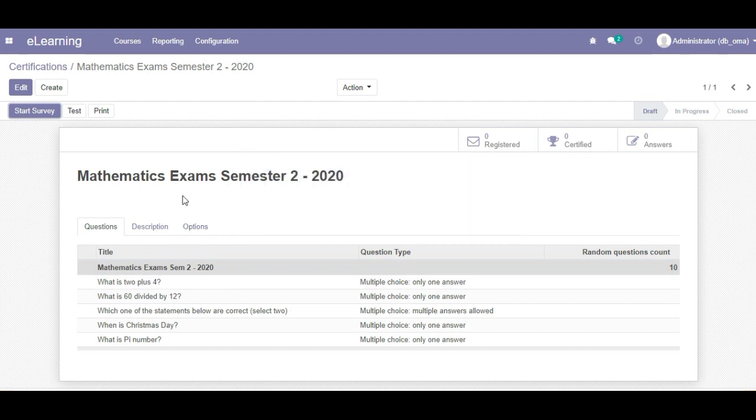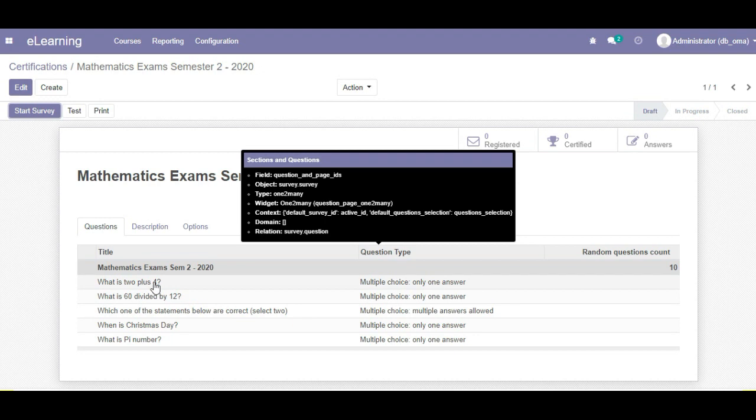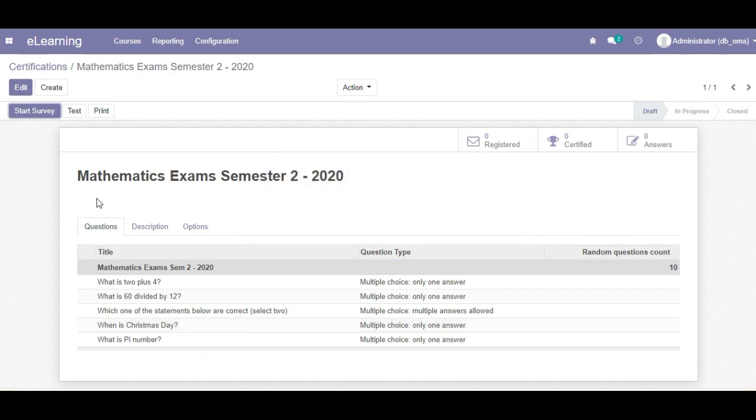I designed this exam to have 10 random questions out of a group of, let's say, 50 questions, but at the moment I only have 5 questions. So when a student log into the system to complete the exam, the system will show 10 random questions out of 50 questions, for example, to them.